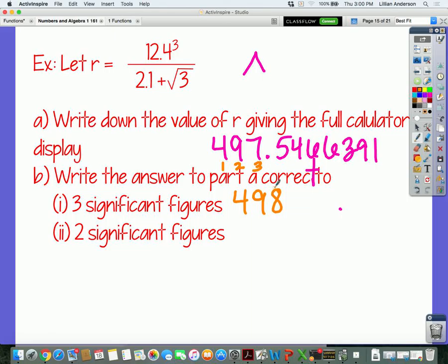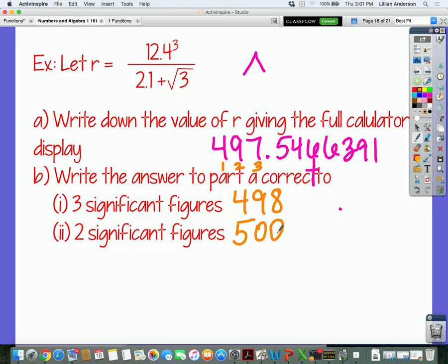Now, am I taking the rounded answer or am I going back to the original? Always go back to the original. If you ever have to use an answer to answer a follow-up part, you always go back to the original answer. Okay? So we're going to have the 4 and the 9, so we're going to stop at the 9. Do I round the 9 up? Which means that I'm going to essentially round what up? The 4, so my final answer is going to be 500 because I still need that placeholder for the 7